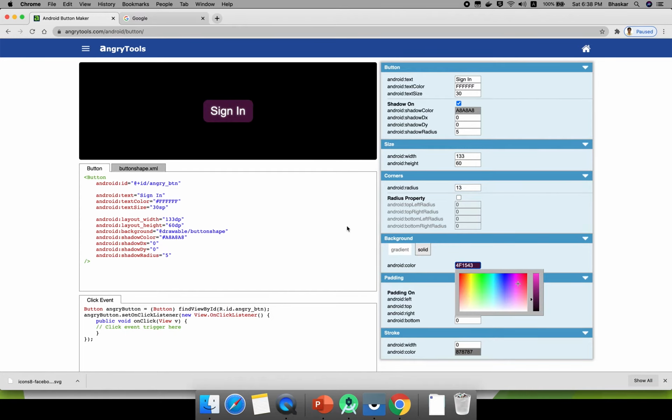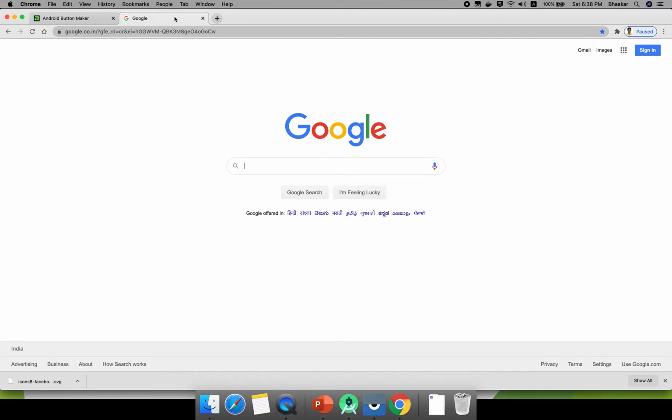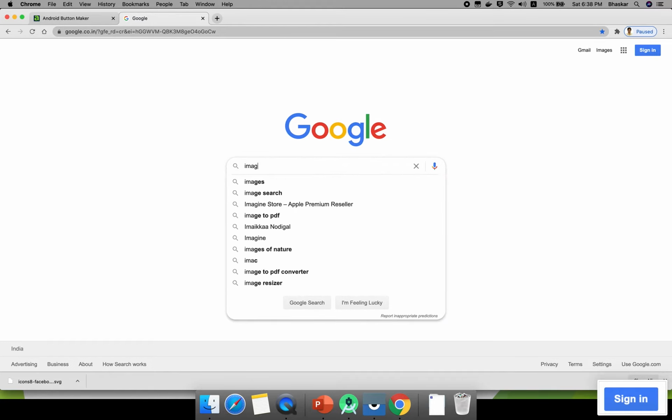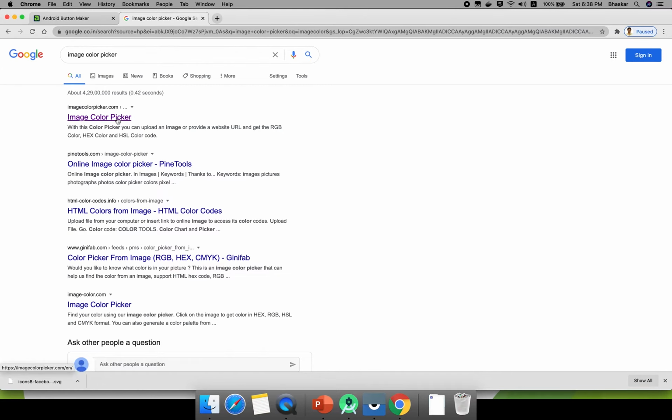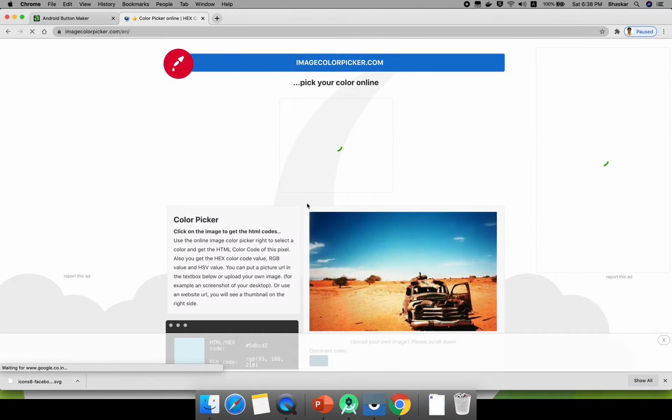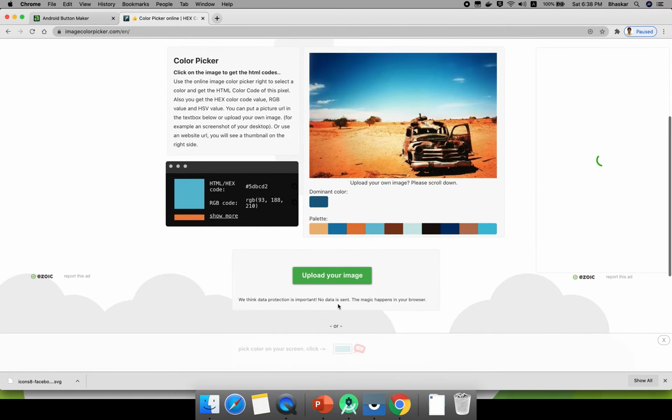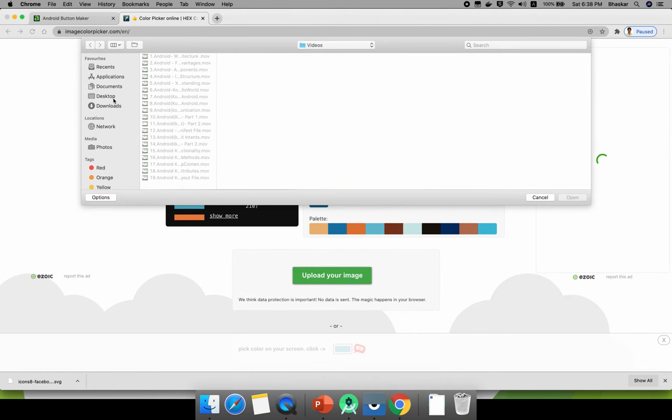But it is difficult to find out exactly which color you need, so I have a trick. First, save this image. I'm taking a screenshot of this one. Okay, I need this color. Then go and google "image color picker". There is a website, click on it, and you can upload your image. I'm uploading my image.